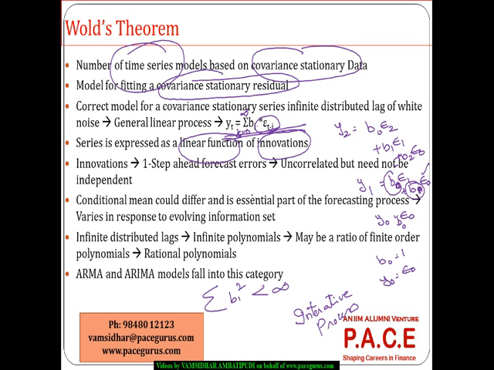You take them as a function of different innovation, because whenever we are talking of innovation, it is nothing but one step ahead forecast error, and it has to be uncorrelated but need not be independent. Which means the conditional mean could be differing. Unconditional mean may not change, but the conditional mean could differ depending on the amount of information that is available